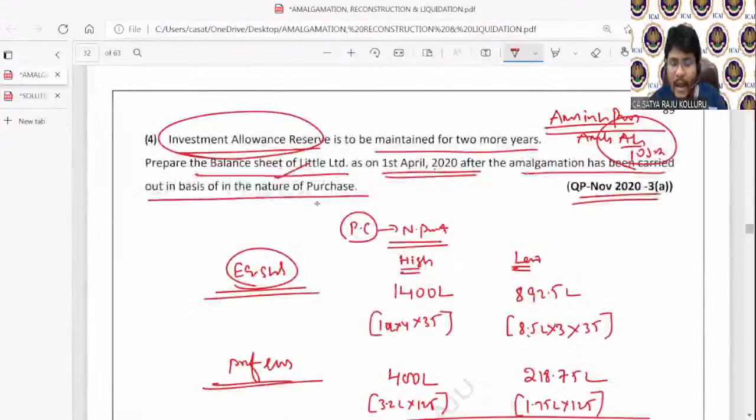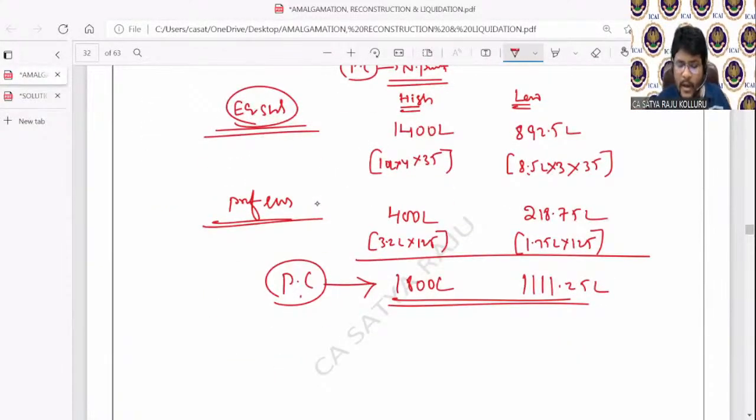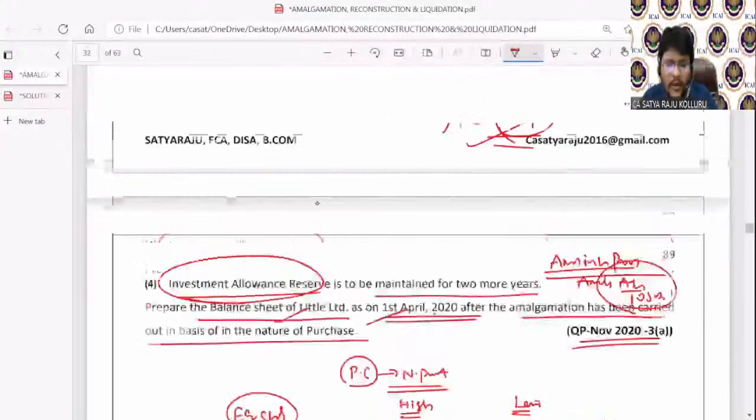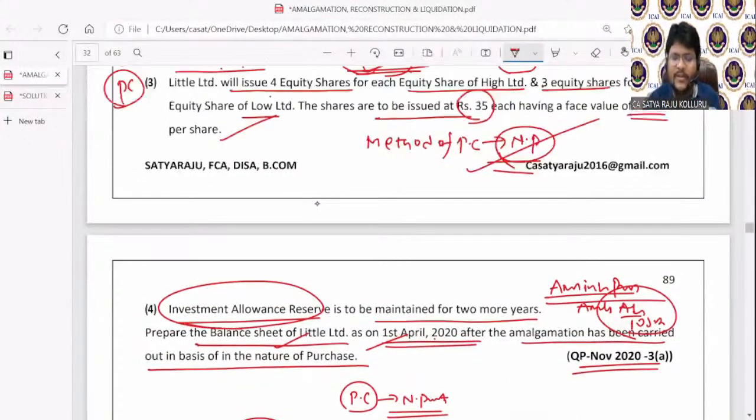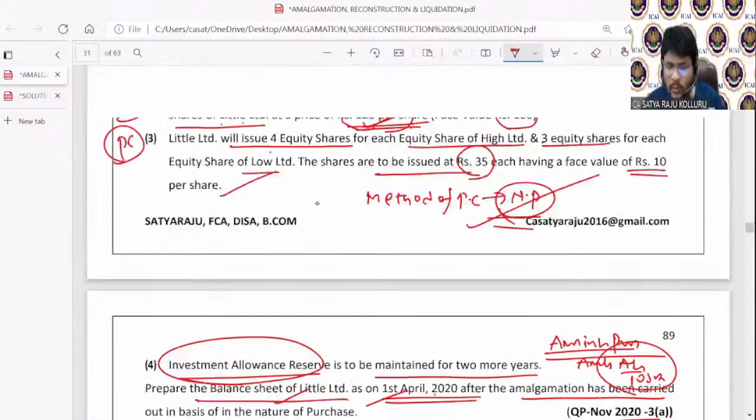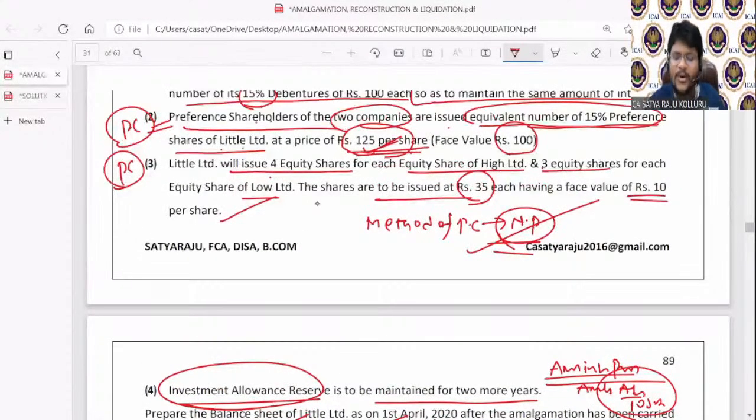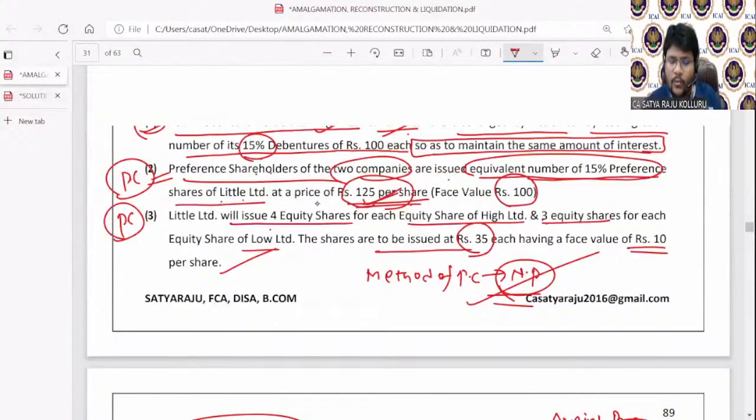To draft the balance sheet, first you should know the profit or loss derived through acquisition of the business. I mean, do you arrive at goodwill or capital reserve? So it should be compared with the net asset value of the business taken over. Now, NAV, except debentures, remaining all are taken over at book values only.